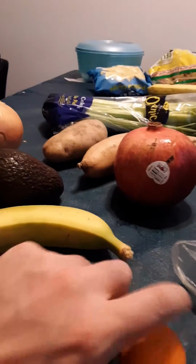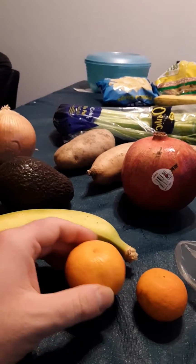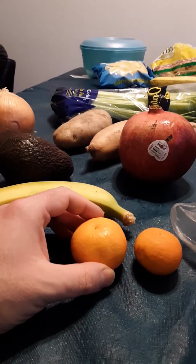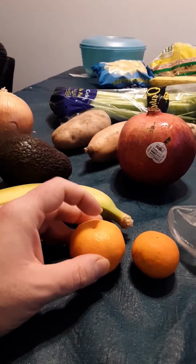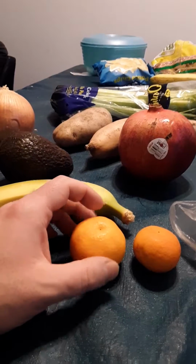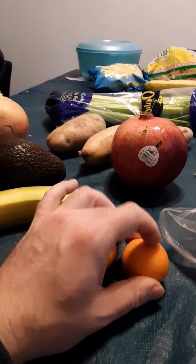Now I wanted to compare these guys here. Two different kinds of mandarins. You see the one on the left here, it tastes great. It's just fine. It's a little bit bigger. It's still pretty firm. It's going to be good tasting. This one here, though, on the right,